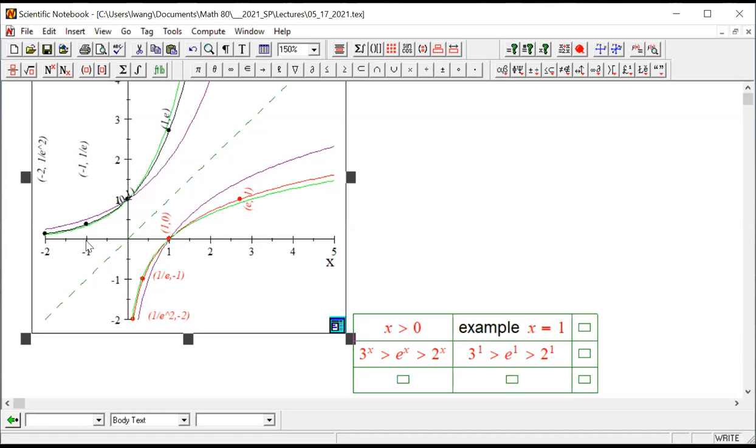So for the input of -1, right? We know on the black curve is 1 over e. Input -1 and the output is 1 over e. And obviously you can see the purple, right? So I'm still going to draw the blue line for the input of -1, I'm going to draw a vertical line. This vertical line, as you see, for that input, that input is -1. If we plug in -1,